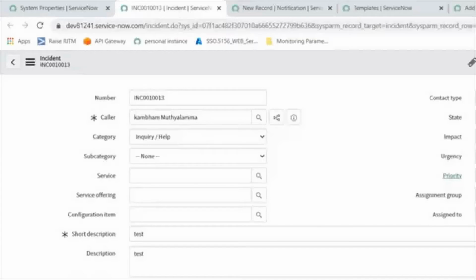They will tell us the requirement. This is my requirement, and I want to use your incident form using whatever fields you have, right? So they will send their payload from their side, and we will send our payload with whatever details they want. Sometimes some users want only the number field sent, only color, category, subcategory, impact, urgency, and the assignment group assigned to their need.